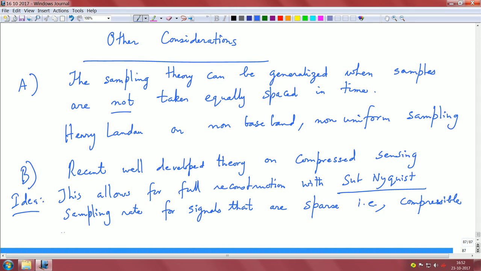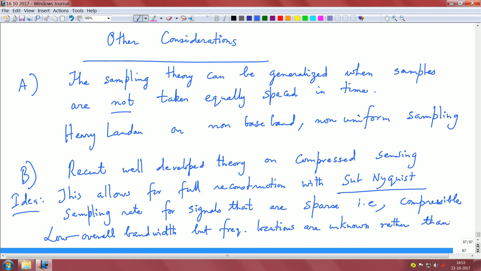So, what it means is basically you have low overall bandwidth but frequency locations are unknown rather than everything in one band. So, these are